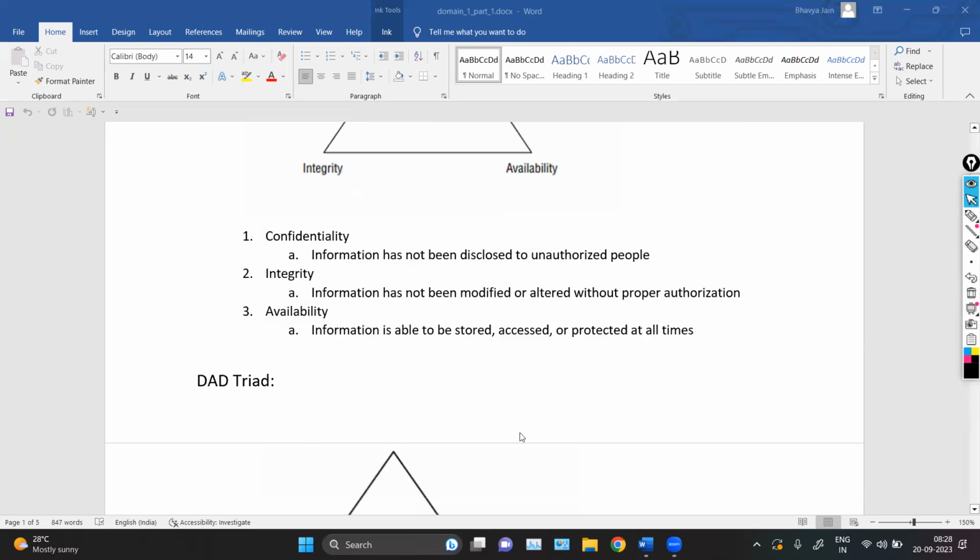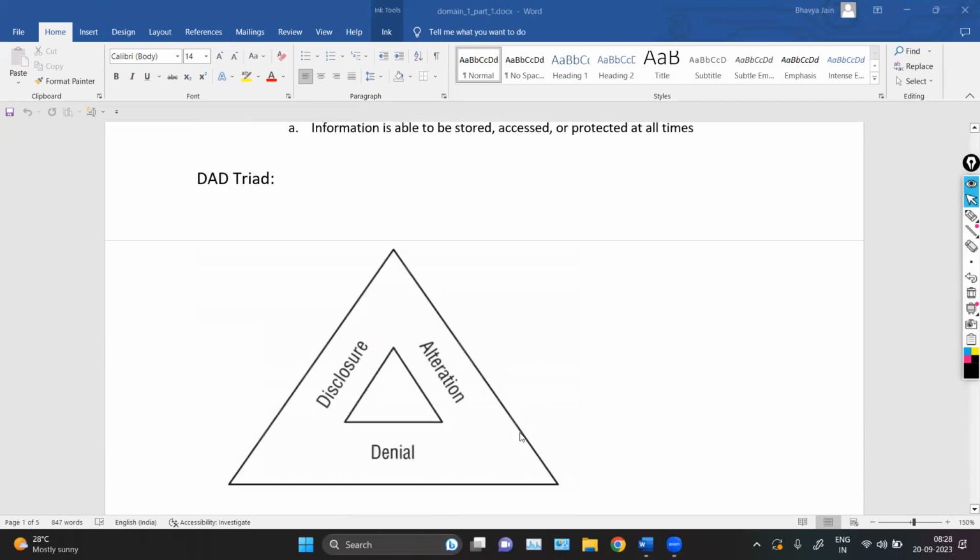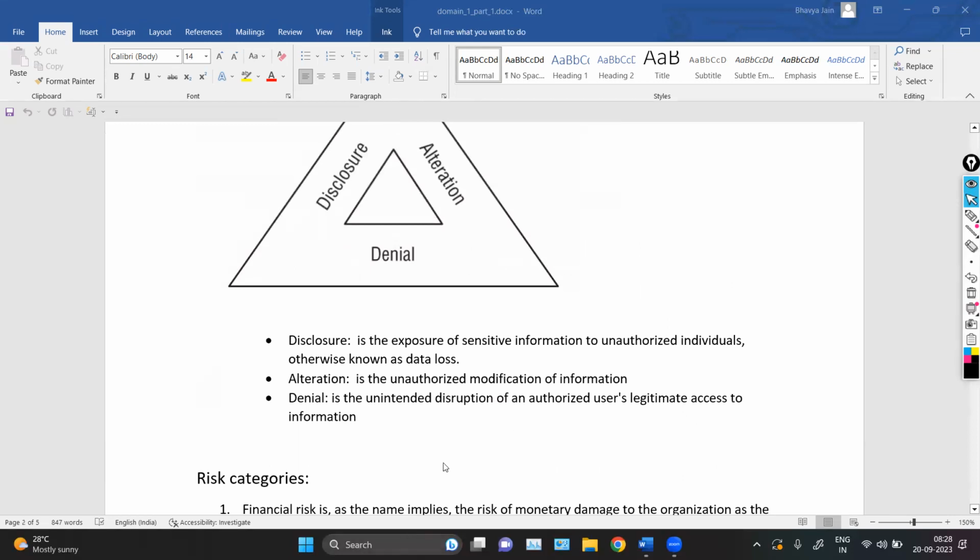In availability, what we are ensuring is that your data should be available at any time for the authorized user without latency. And denial is a violation of the principle of availability, where your data is not available for the authorized user, for whatever reason. And there's also latency, like a delay in the transmission of data for any reason. That is denial.